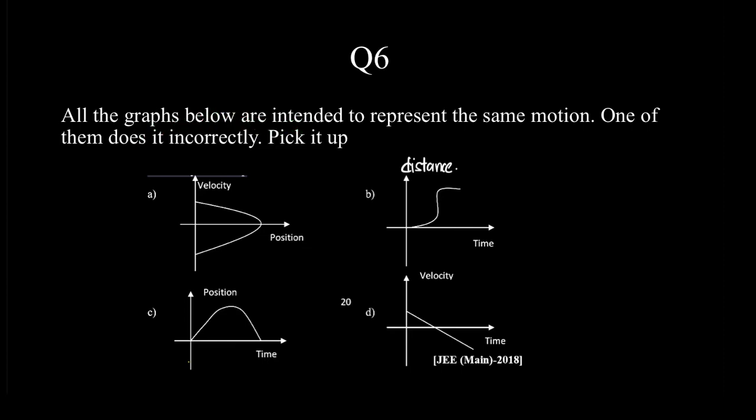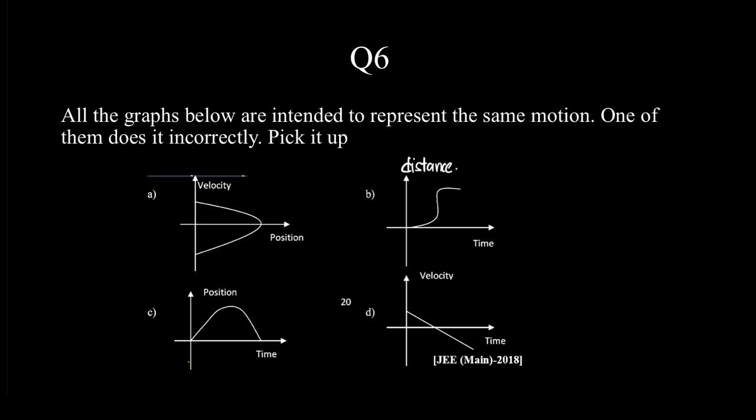All the graphs below are intended to represent the same motion. One of them does it incorrectly. Pick it up. Okay. So the moment we see option D, we should be able to say that this represents the velocity time